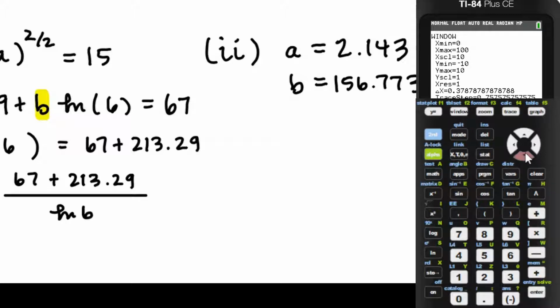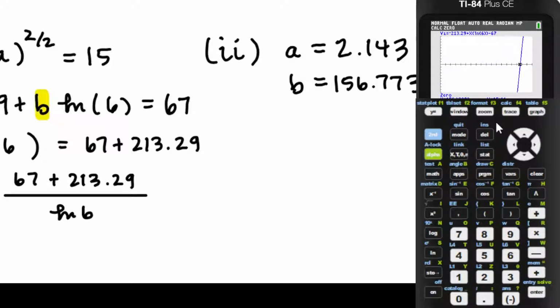So I'm going to go from 0 to 160, maybe 180, so it's nice and on the graph with a scale of 10. That should still be fine. And with any luck, we will be seeing a graph coming through. There it is. And then we're going to calculate that 0, give it a left bound of 150 and a right bound of 160. Yep, it looks like it's right in there,